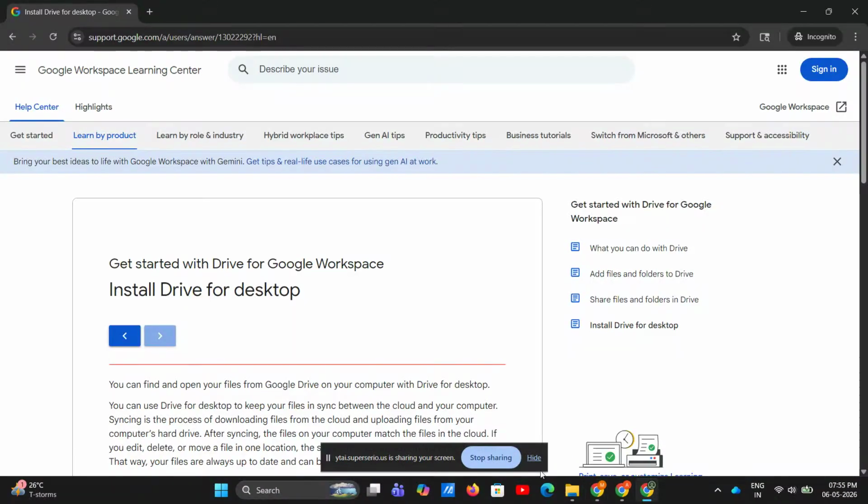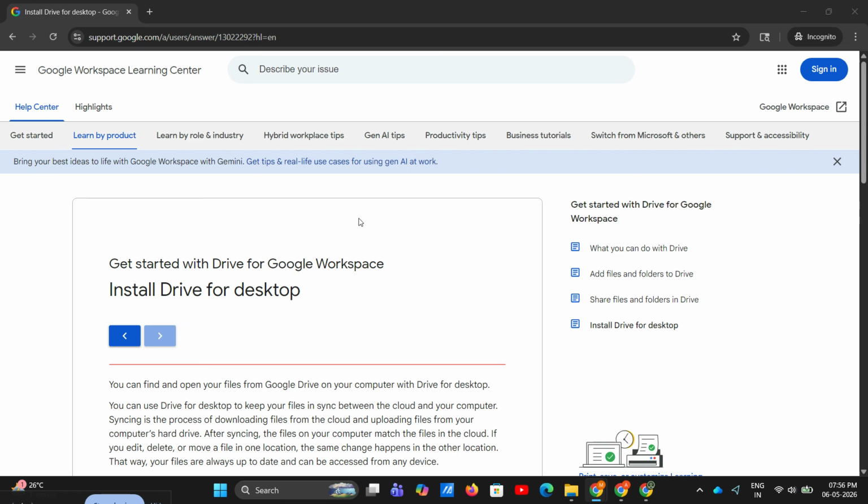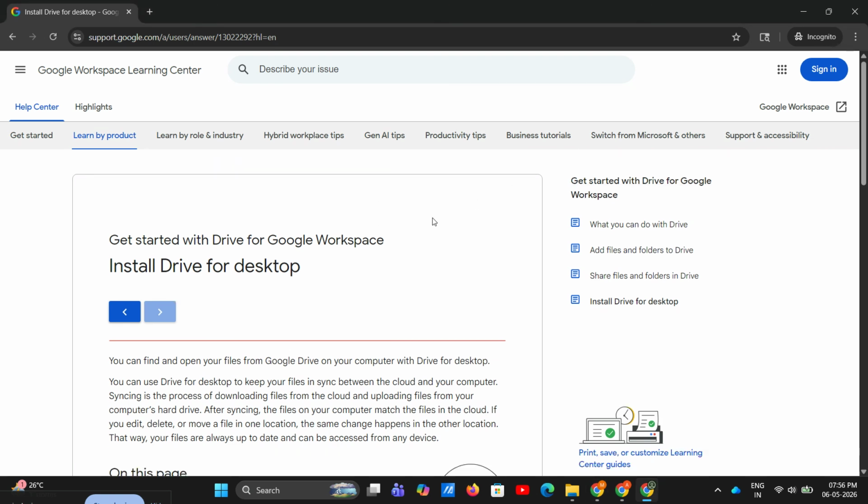If you want to use Google Drive on desktop, this video will walk you through everything step by step. By the end, you'll know how to install Google Drive for desktop, sign in, open your files in File Explorer, upload and download content, and change your sync settings so Drive works the way you want. This is a super useful setup if you want quick access to your cloud files right from your computer without